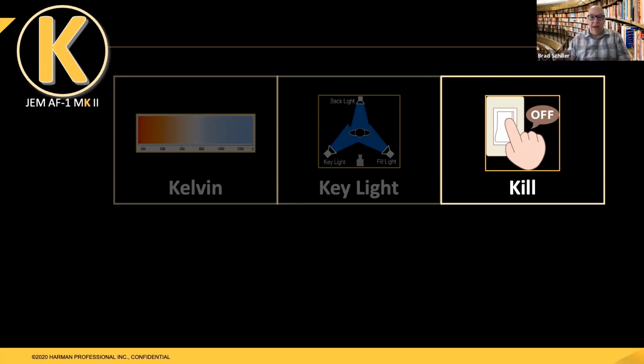mean black it out, or do they mean kill it, as in get rid of it in this cue? So there's a difference, and it depends how your designer or whoever you're working with speaks. So it's important to define that term and how they will use kill or off to mean, do they want the zero value written in the cue, or do they want it removed completely from that cue?